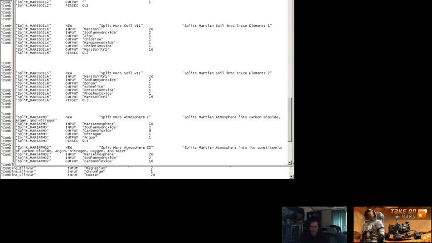So we use 20 units of soil and 1 unit of those elements, and we get our 1% out of the 20 units. That leaves us with 16 Mars soil trace 1. Now I can create another